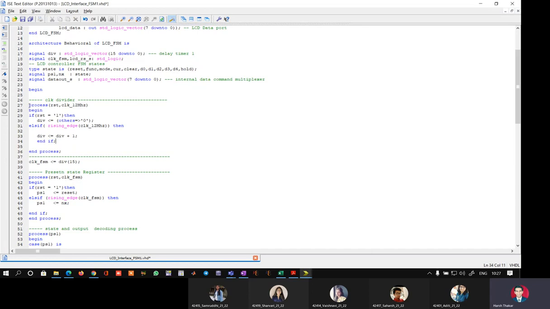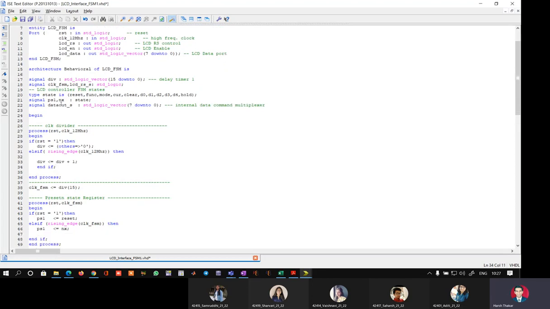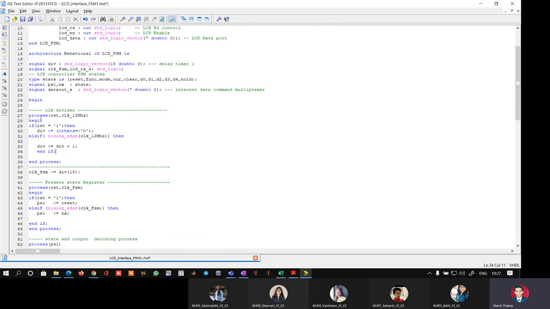If you remember, we had written VHDL models for counters. If the counter is a 4-bit counter, we had defined a signal called as Q out standard logic vector 3 down to 0. And in the declaration section, we had defined a signal called as QTemp, which was again 4-bit. And we had written process parenthesis RST comma CLK begin. If RST equal to 1, then QTemp gets others get 0. Else if rising underscore edge bracket clock, then QTemp gets QTemp plus 1, end if end process. And we had written outside the process Q is assigned QTemp. Got the point? The same kind of concept is here.